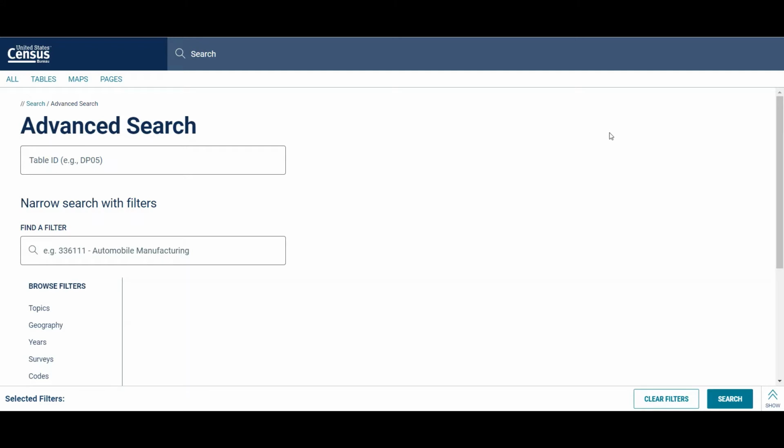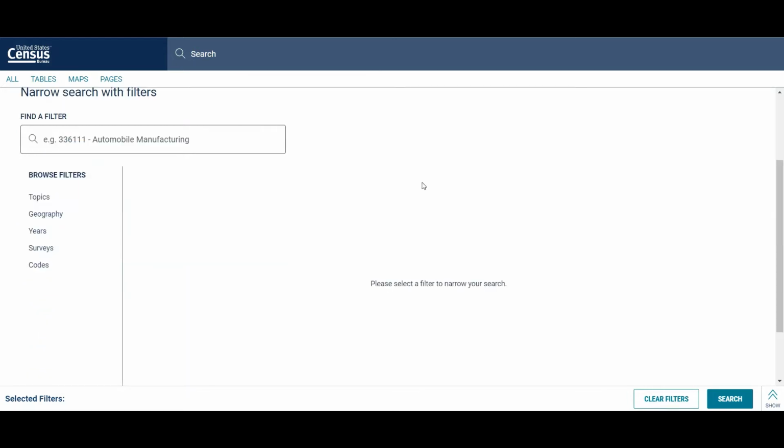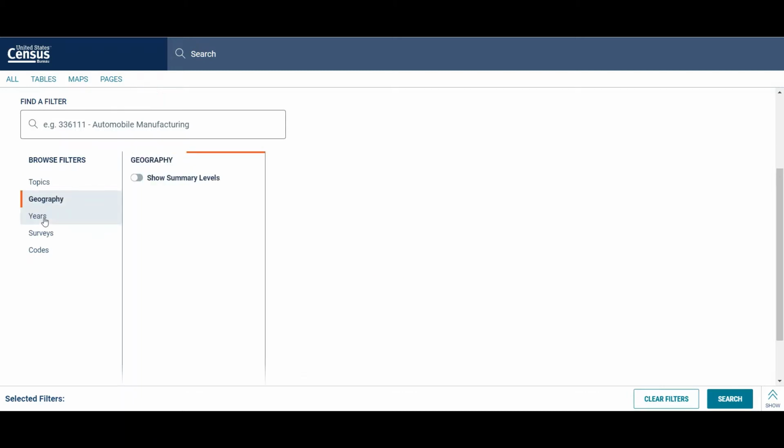Question 1 asks us to calculate the percentage of census tracts in the organization's service area whose annual median income is at or below 90% of the annual median income for the municipality for NPPs or the state for RPPs. To do this, we will first select the geography we need. The geography you choose will be based on if you are applying as an NPP or an RPP. To choose a state, you will select geography and then state. So for example, if you're choosing New York,